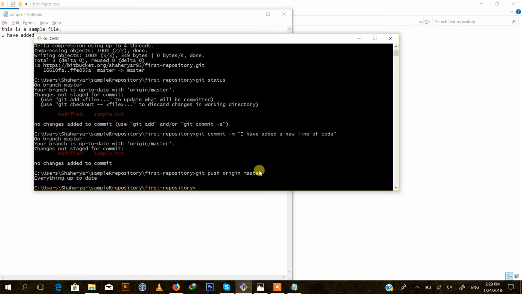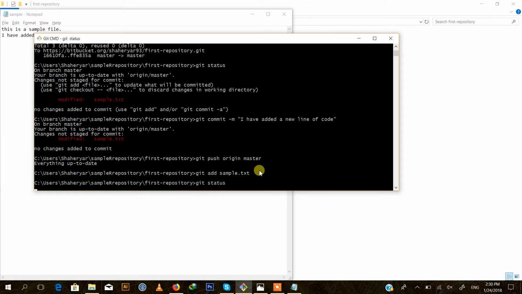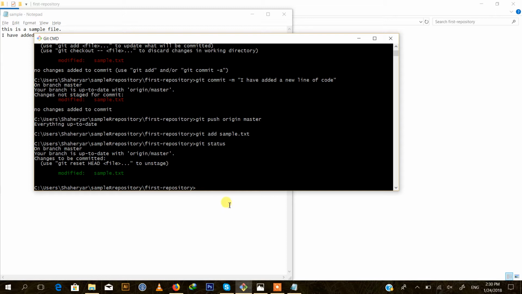Everything up to date. Oops, sorry, I think I just did not add the file. Git add sample.txt. Now it will give me a green star that you have added this file. Now if I again git commit,